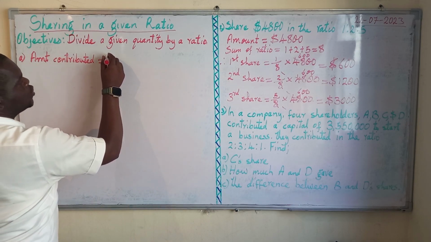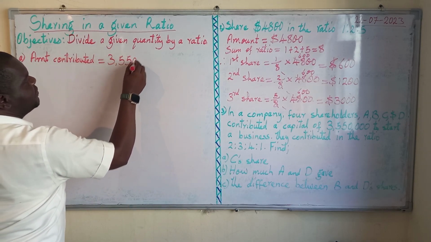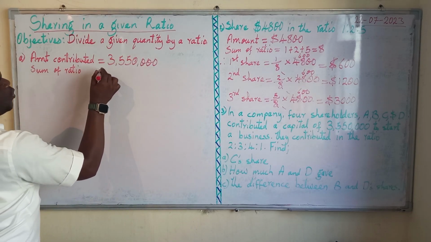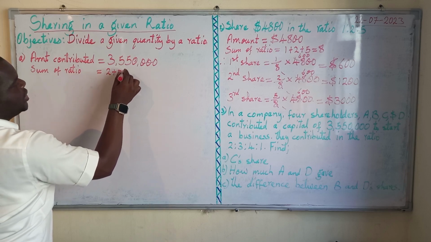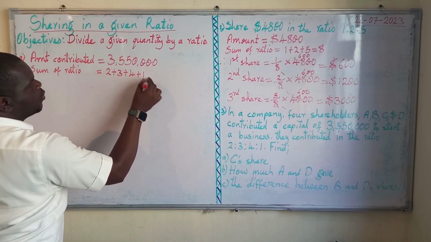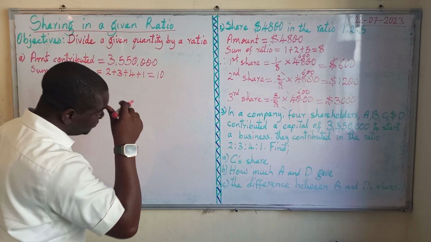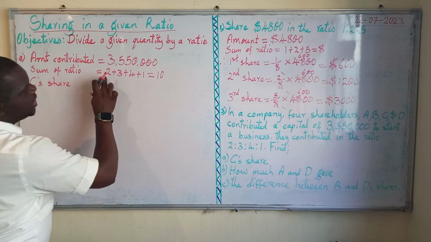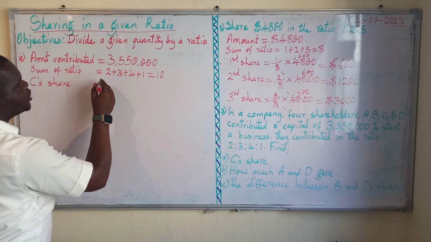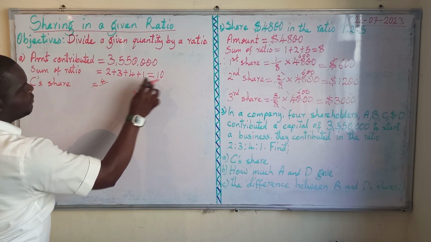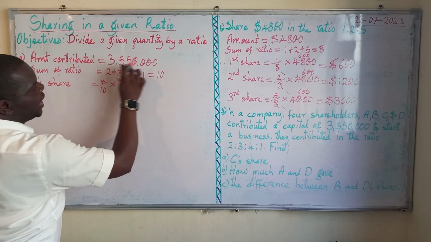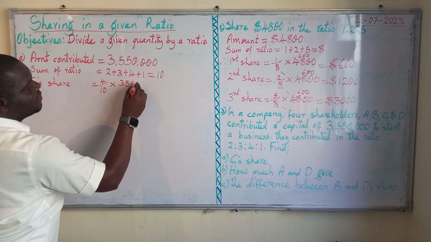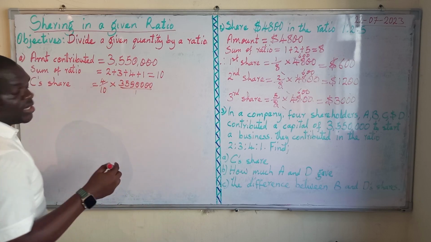Amount contributed is equal to $3,550,000. Then we find the sum of ratio, which is equal to 2 plus 3 plus 4 plus 1. And this is going to give us 10. From here, we can find C's share. C's share is equal to, his quantity here is 4. So it is 4 over the sum of ratio, which is 10, and we multiply by the total amount which was contributed, that is $3,550,000. This over 1, if you wish,